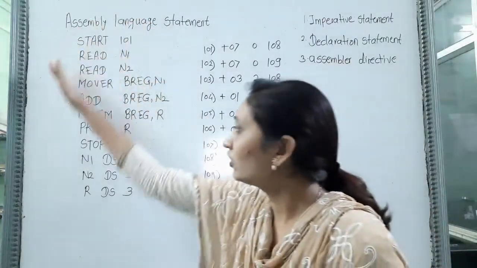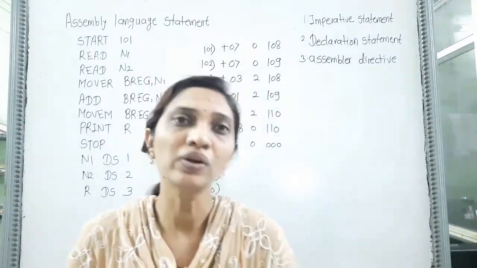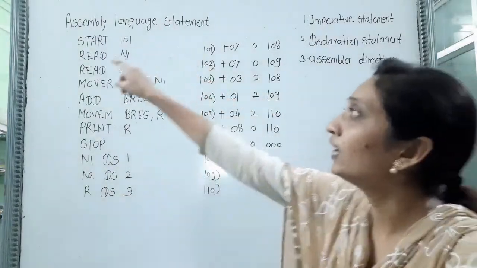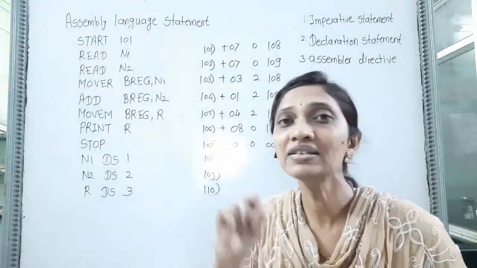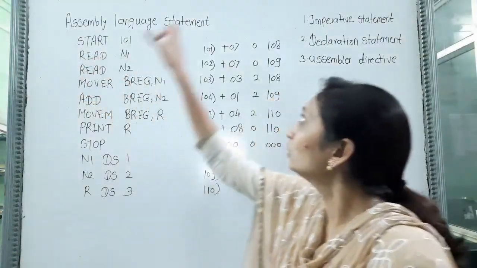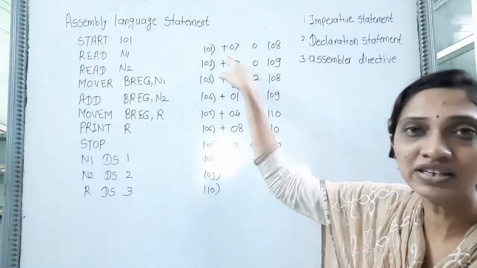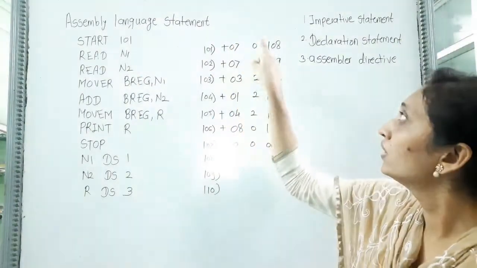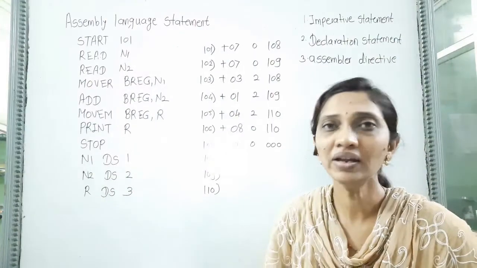Okay, this is the assembly language program for addition of two numbers, and if we want to convert this assembly language program manually into a machine language program, then how do we convert that? See here, when we are using the READ mnemonic, for that READ mnemonic we write some opcode that we saw in the last lecture. For READ we have to use the opcode 07, and the machine instruction contains 6 digits. The first 2 digits are used for the mnemonic opcode, the third digit is used for the register, and the last 3 digits are used for the memory address.